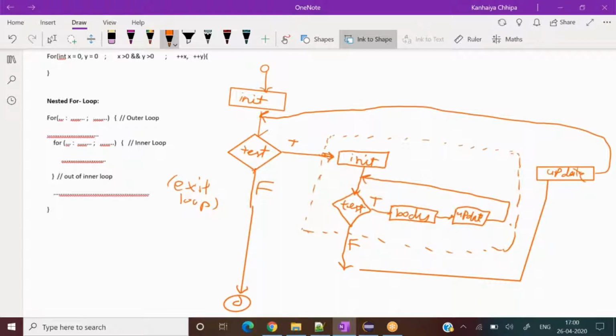So if you see carefully, let's say I'm playing around with 5 values for the outer loop, 1 2 3 4 5, okay, and 5 values for the inner loop as well. They are taking their turn one by one, this guy and this guy.